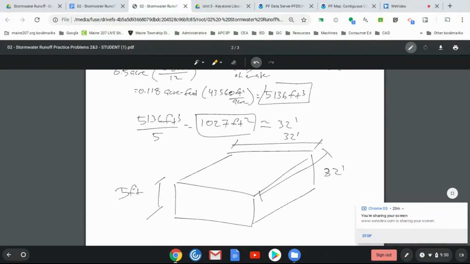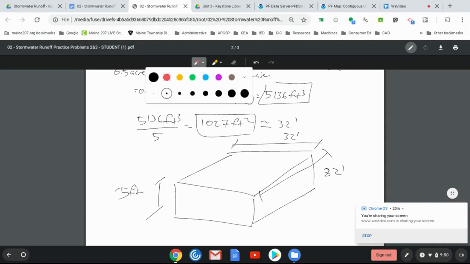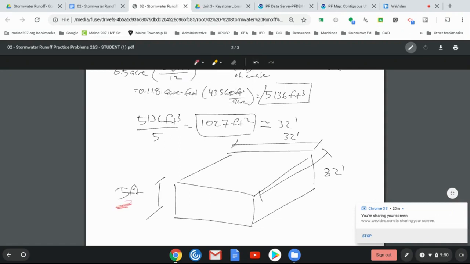You can make these any dimensions you want. You can make it shallower, but then these numbers have to be bigger. It can be rectangular, it doesn't need to be square. But the whole point is you need to match or make up this volume of water that's going to be landing on your site for this storm. And that's the process that most engineers go